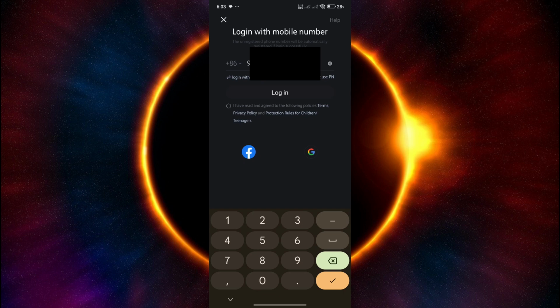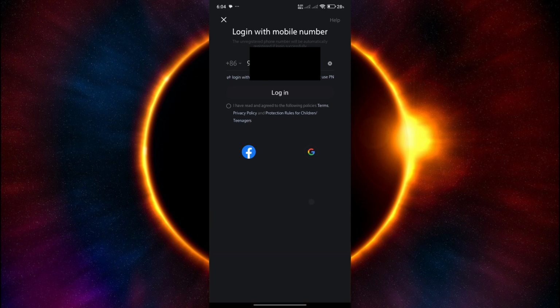Now, the only way to fix this, because there is no official way to fix this in REDnote itself, is to try and refresh your SIM card. So sometimes your SIM card might have potential region restrictions. So what you could do is remove your SIM card and insert it again, and you could even try restarting your device. You could also try turning your data or your SIM card itself off and on, disabling it and then enabling it, because that is possible in some devices on the phone,